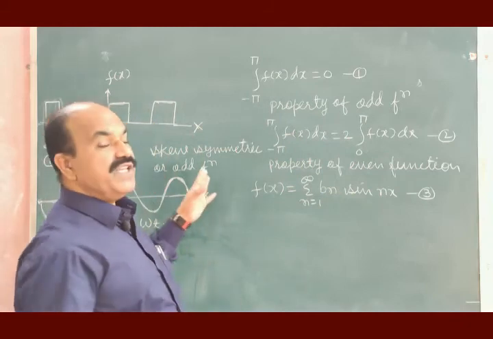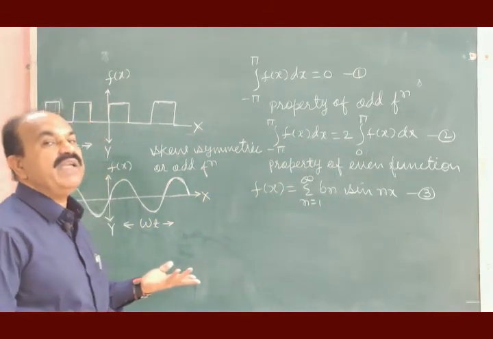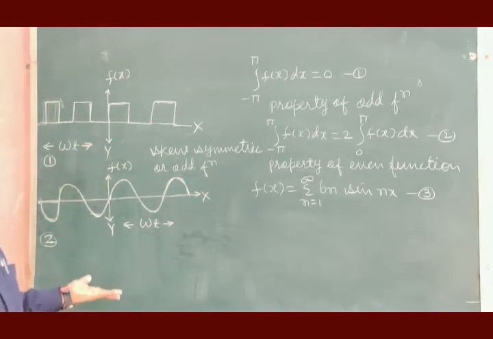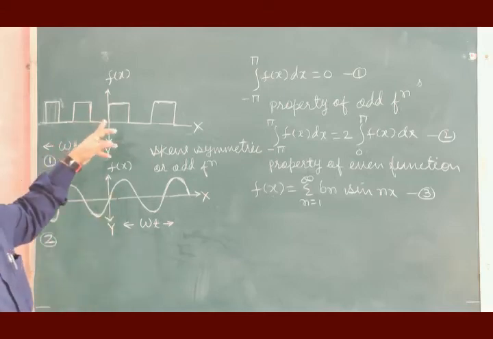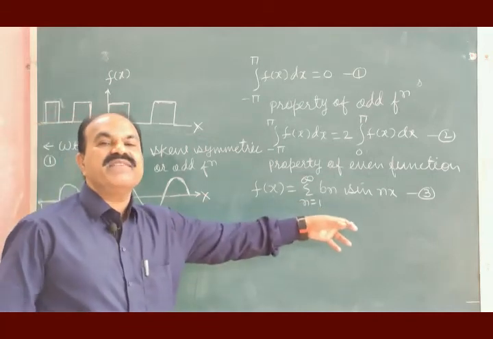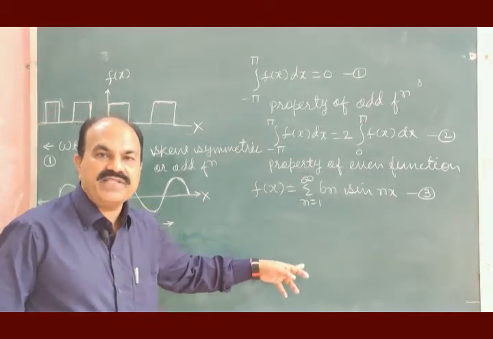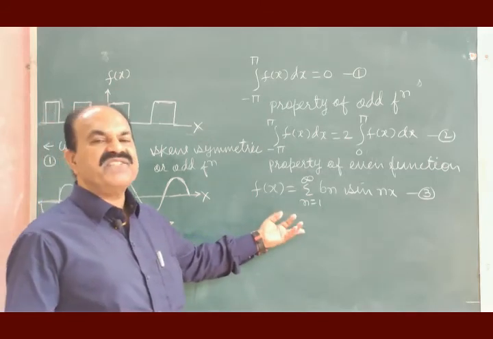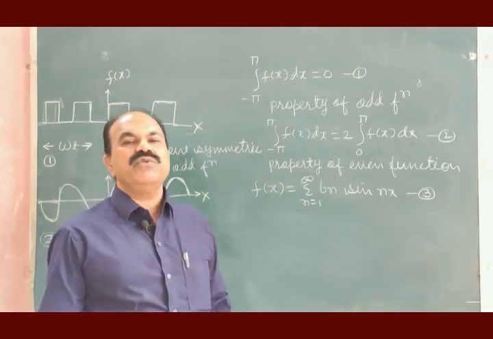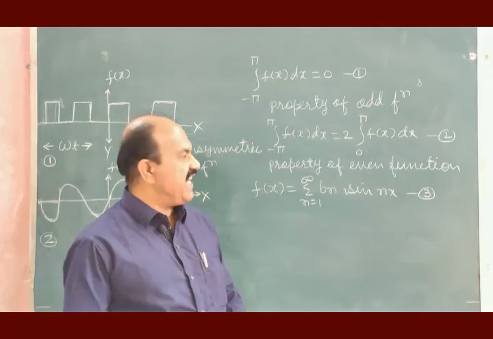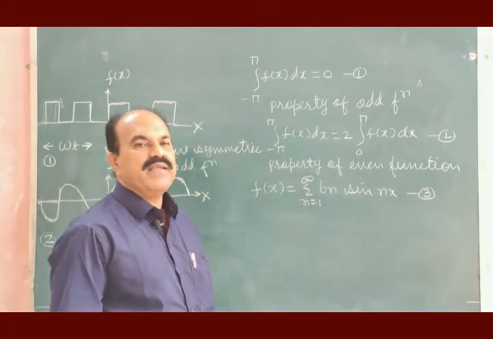It means that every odd function can be represented graphically this way, as shown in figure 1 and figure 2. Whenever you are asked to represent them in the form of Fourier series, it will be represented this way. If f of x is an odd function, in the form of Fourier series it can be represented as f of x is equal to the summation over n is equal to 1 to infinity of bn sin nx, equation number 3.